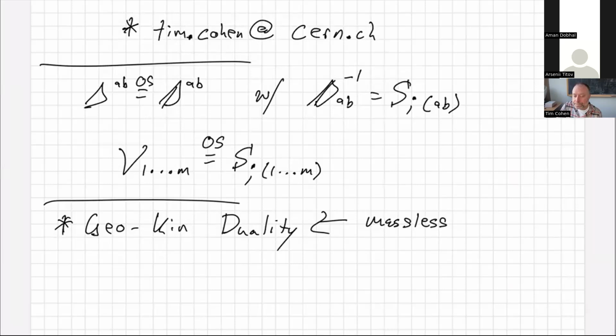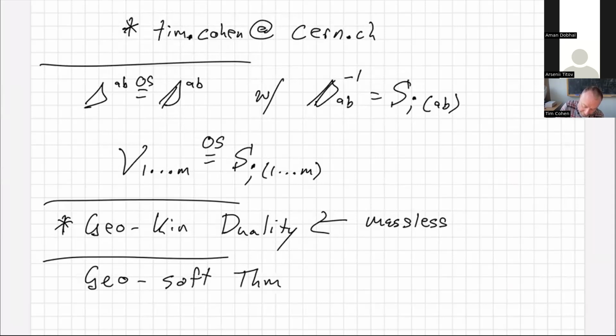Okay, any other questions? Oh, well, can I ask about soft theorems? How did you deal with soft theorems with this formalism? Well, yeah. So the connection to the soft theorem is this geometric soft theorem. So if I take the theory with zero potential,